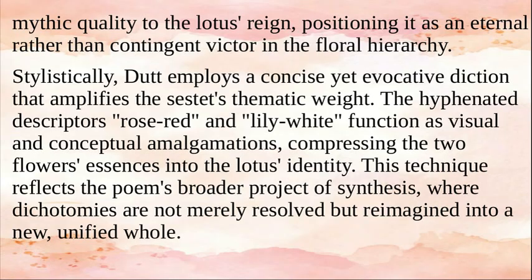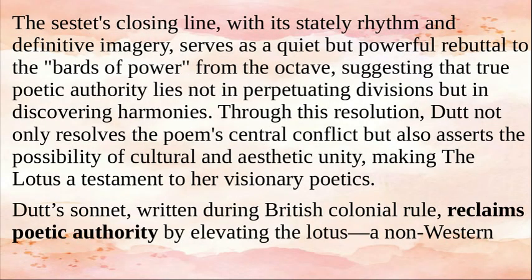Stylistically, Dutt employs a concise yet evocative diction that amplifies the sestet's thematic weight. The hyphenated descriptors, rose red and lily white, function as visual and conceptual amalgamations, compressing the two flowers' essences into the lotus's identity. This technique reflects the poem's broader project of synthesis, where dichotomies are not merely resolved but reimagined into a new, unified whole. The sestet's closing line, with its stately rhythm and definitive imagery, serves as a quiet but powerful rebuttal to the "bards of power" from the octave,